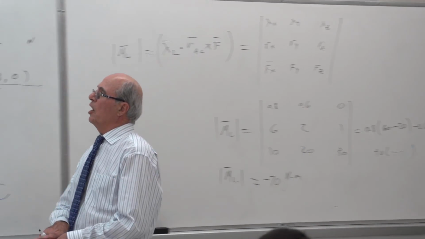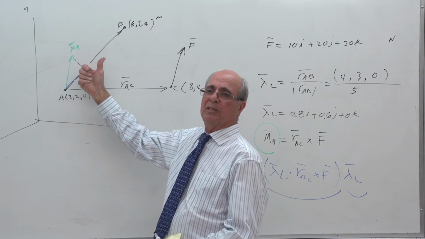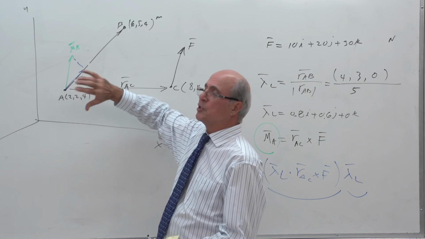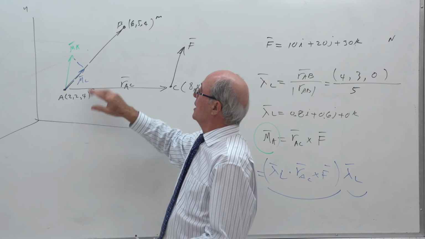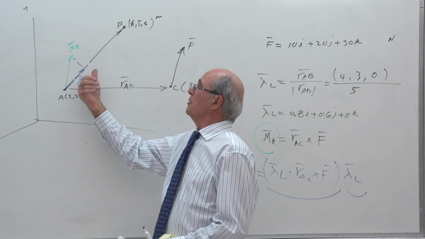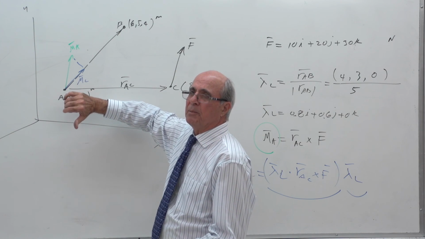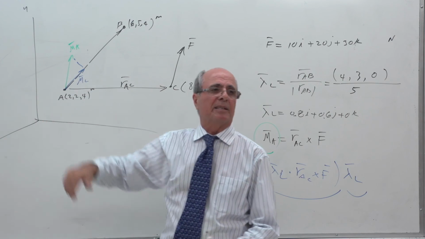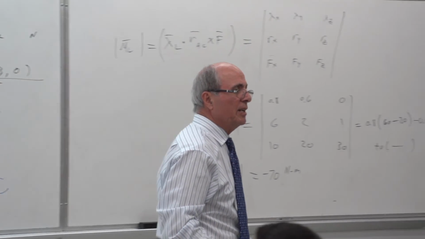It means this line is not going to go this way, it's going to go that way. This is the positive direction, this is going that way. This force causes this line to rotate about its own axle, this is the axle, but not positively. Remember, AB is positive, it came out negative, it means it's going like that. That's the direction of the moment. The magnitude of that is minus 70.